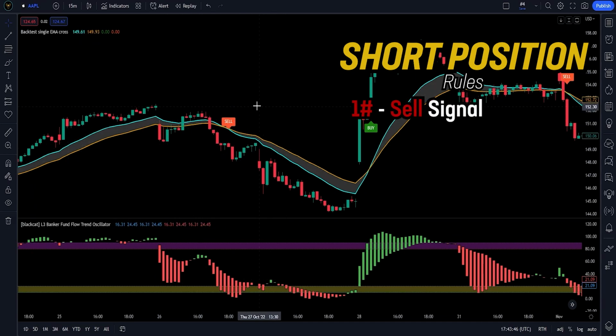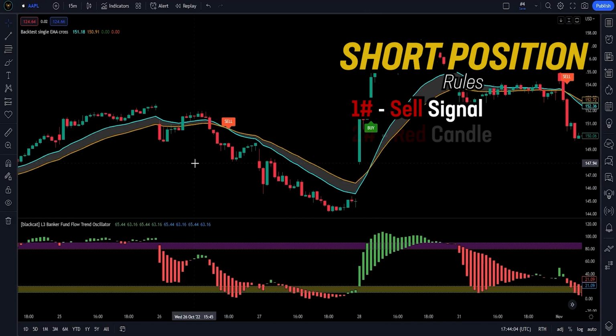Our indicator, which gives us buy signals for our long position, can also give us a sell signal, which is essentially a bearish direction signal, so we will use it in our short trade. This signal is also created at EMA line cross. For a sell signal, the blue line needs to be above the orange one before they cross each other, and for a buy signal it's the other way around.